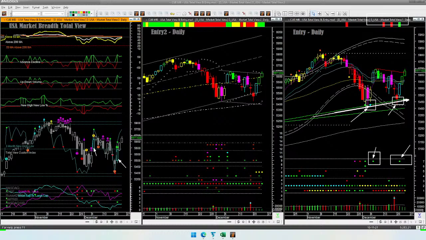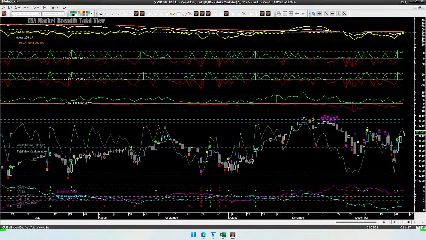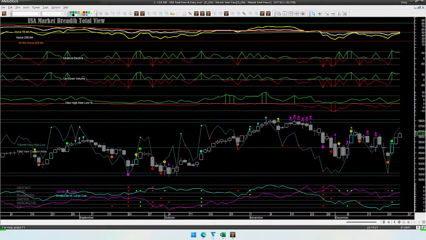And then after looking at the total view, you could look at the major ETFs market breadth and also the composites market breadth to further decide whether you would look to buy industrials or small caps or tech stocks, etc. I look at them, but before that, as of Friday's close, let's look at some more insight from the market breadth total view. Let's look at not all the insights we have here, but at least some of them.